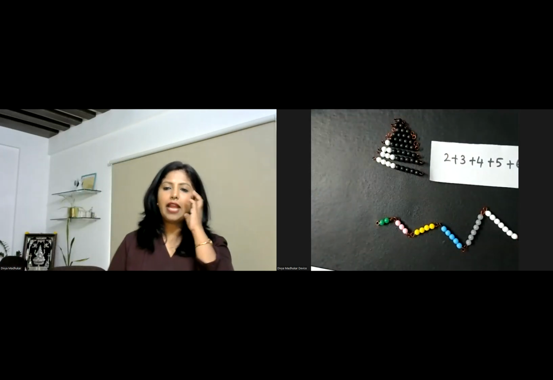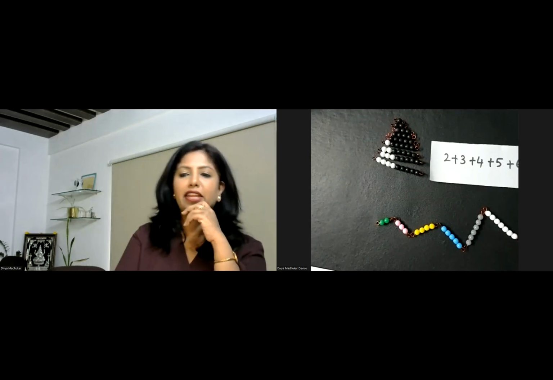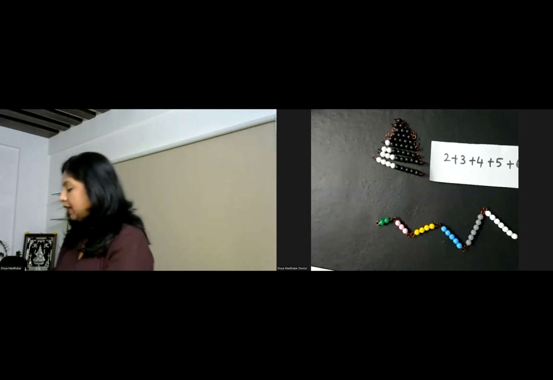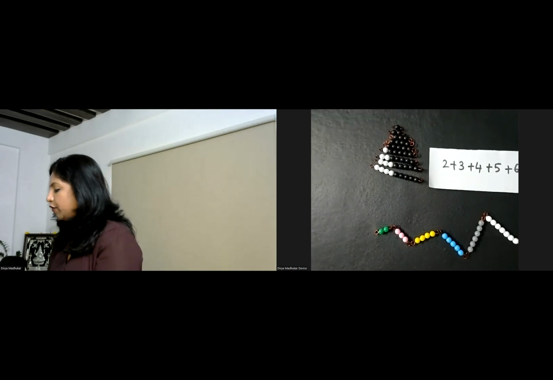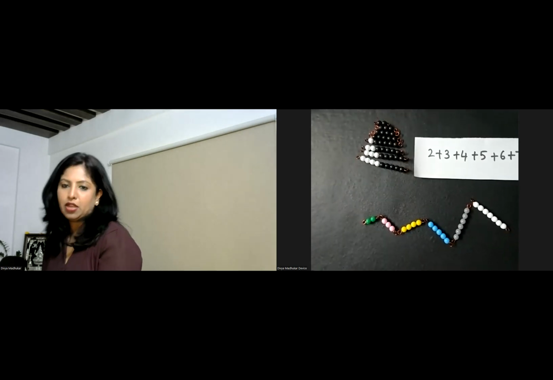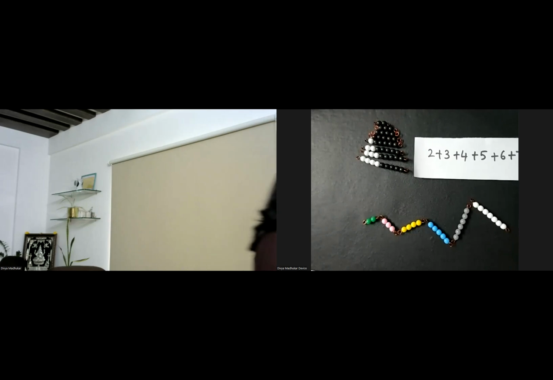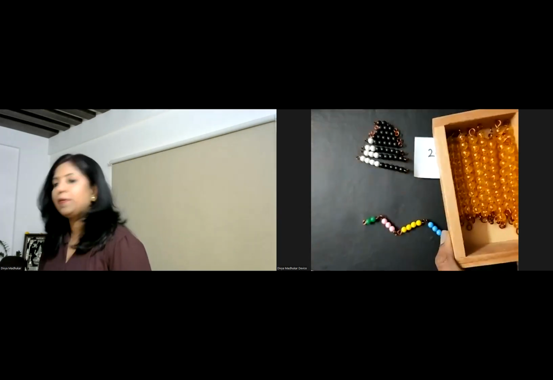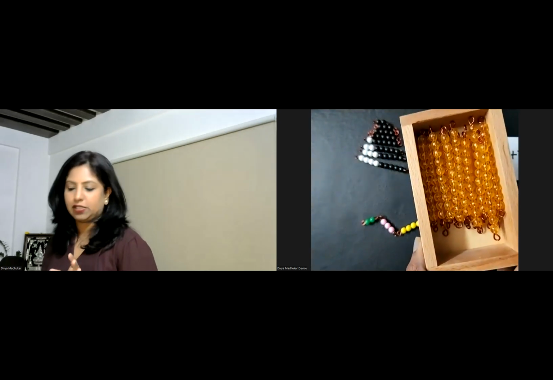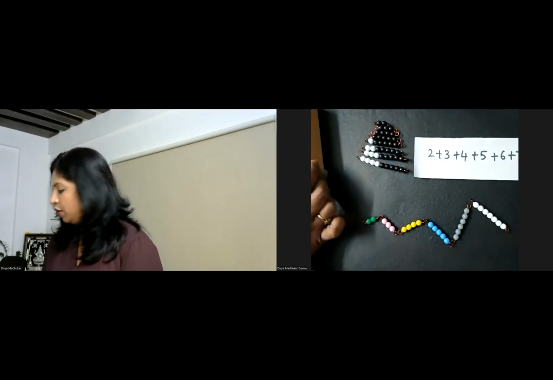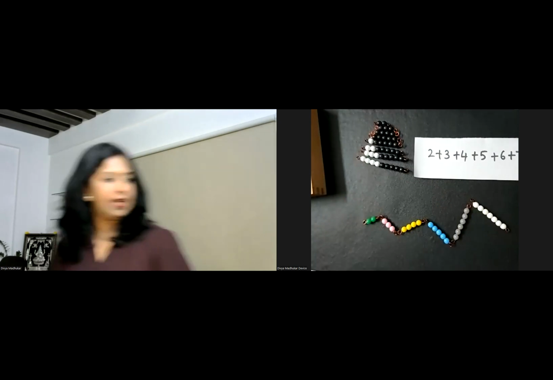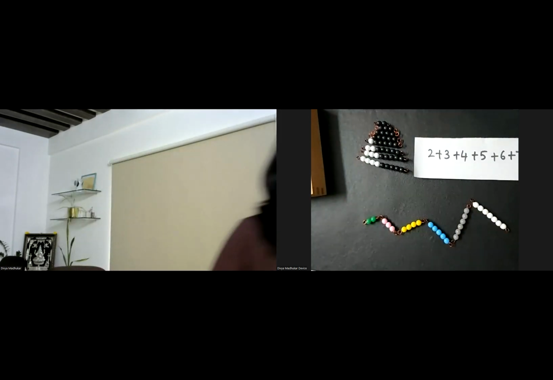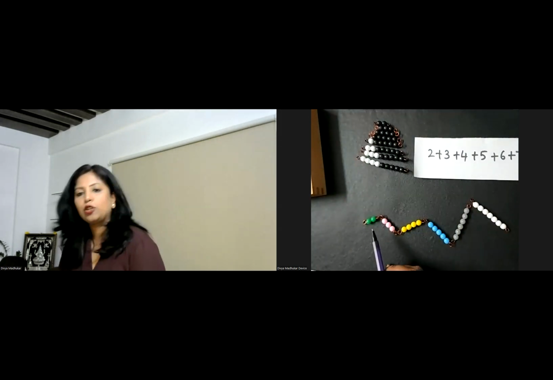Okay, so what I need to be working on over here is constructing my addition snake game. So we are going to perform a simple addition snake game. Now, every time you get a count of 10, you also need to keep your golden beads handy for this. It's very simple. Let me take a pen. Let's start counting, okay? So look carefully.